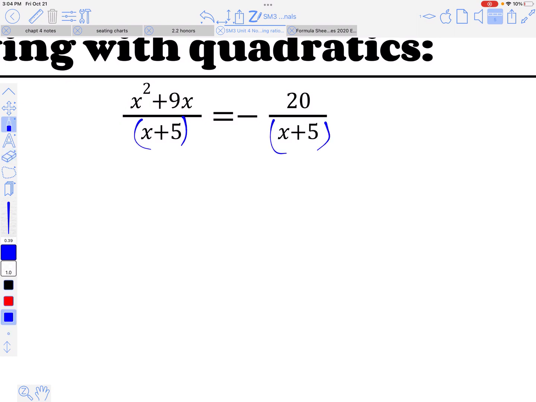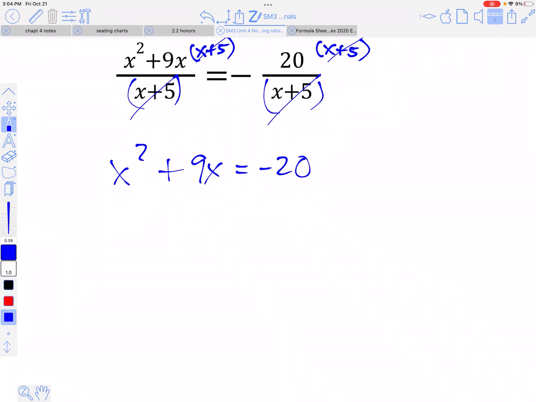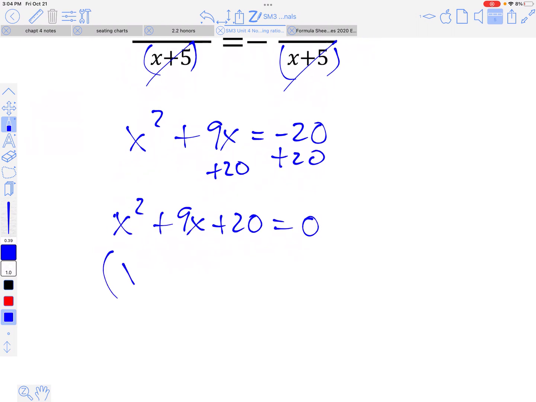So we'll get rid of those. So what we're going to do is multiply the top and the bottom by x plus 5. I said that wrong. We're going to multiply the numerator of each side by x plus 5, so then that will clear out. And then we have x squared plus 9x equals negative 20. Now you can't solve that just by trying to get the x's alone, so what we're going to have to do is treat it like a quadratic, which it is, and we'll have x squared plus 9x plus 20, set it equal to 0, then we can factor,